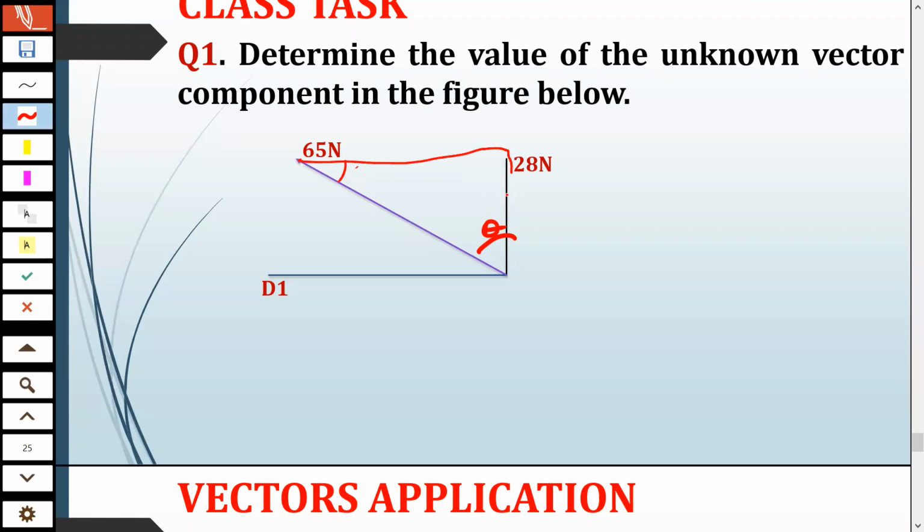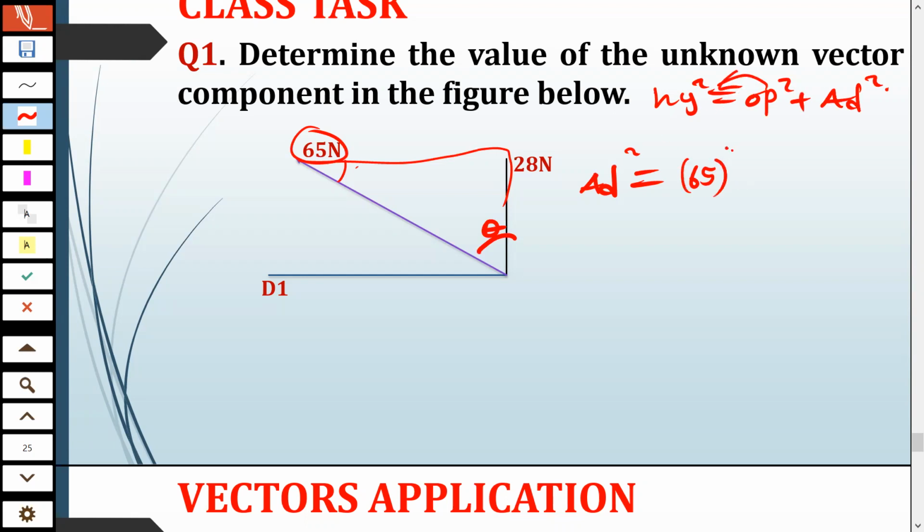So you also just use the Pythagoras theorem. We're trying to look for the adjacent squared. The adjacent is going to be 65, because Pythagoras states that the hypotenuse squared is equal to the opposite squared plus the adjacent squared. So you just take the opposite squared to the other side. So you're going to have 65 squared minus,